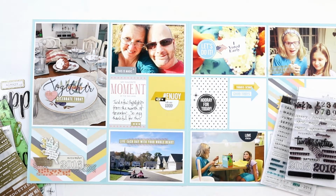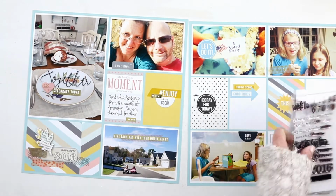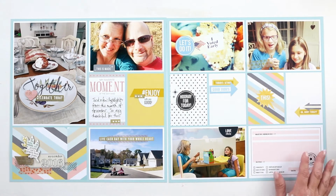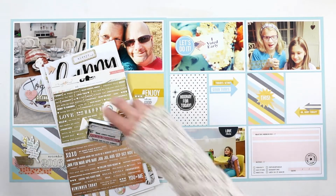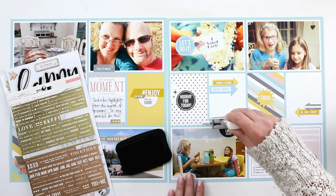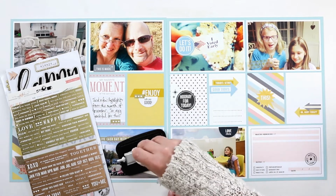And then I'm going to move to the right-hand side of the layout. Now, obviously, November was election month, and I wanted to refer to that in some way. It's too big of an election to just sort of pretend like it didn't happen. But I have to be honest and say that, and I'm not getting political here in any way,